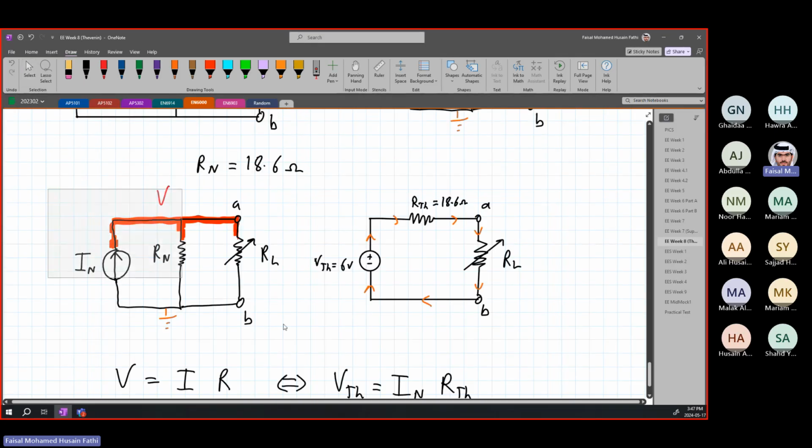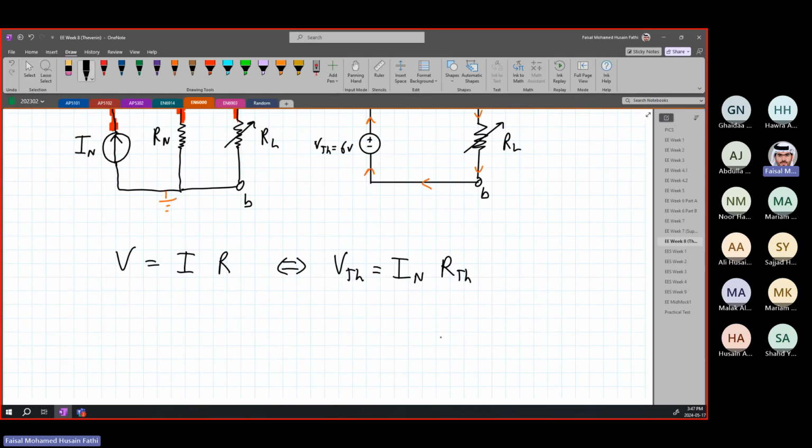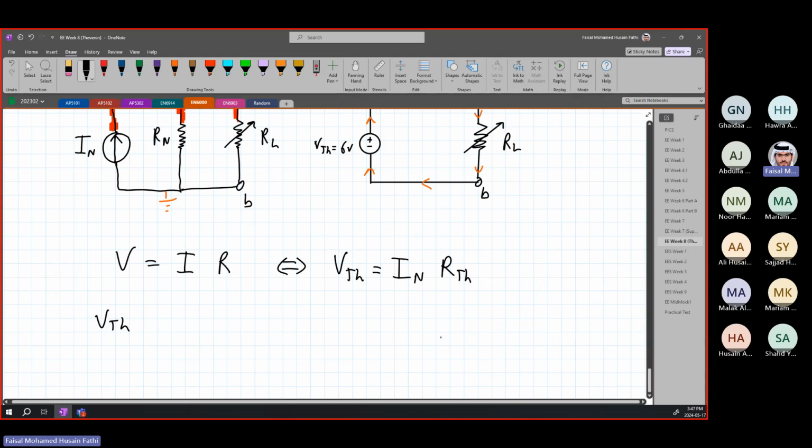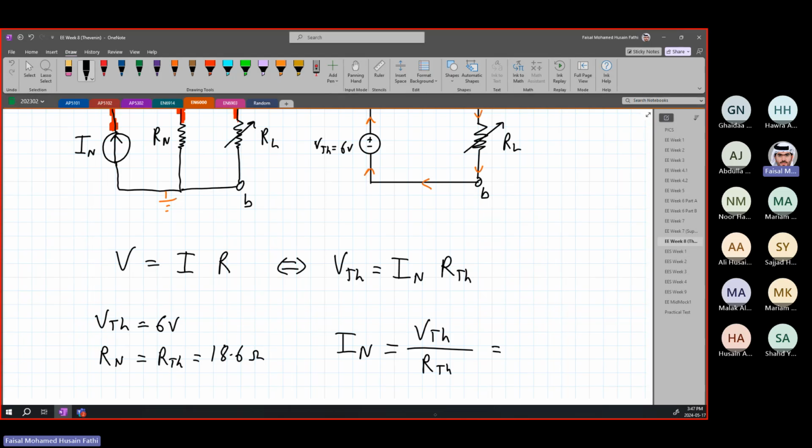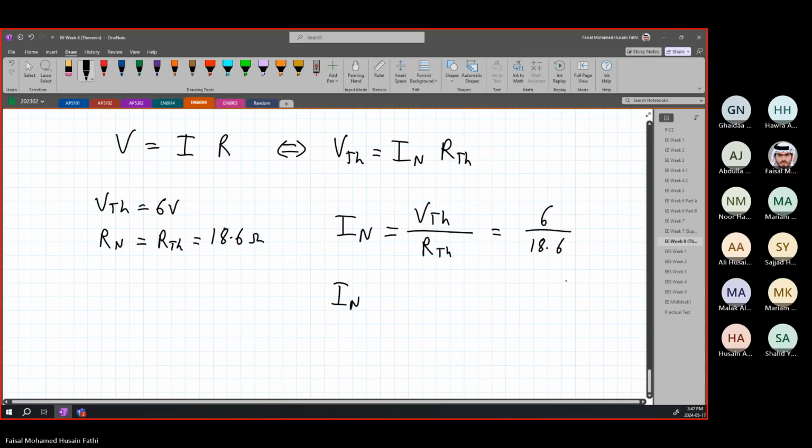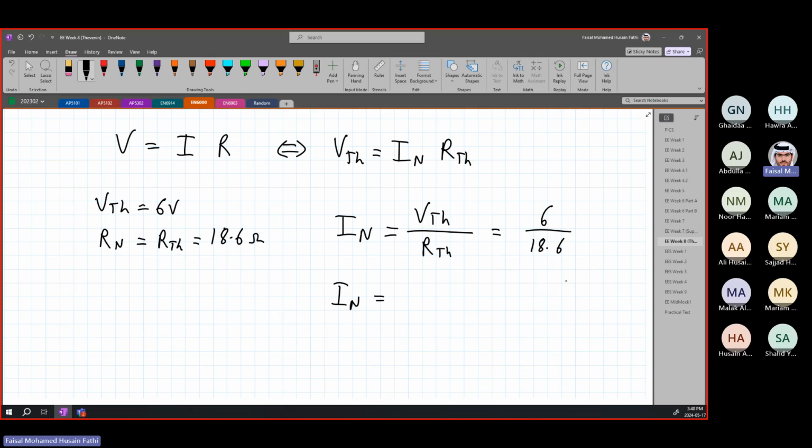So for example, for this circuit, if we want to find I Norton now, we know that V Thevenin is equal to 6 volts from our Thevenin circuit, and we know that R Thevenin or R Norton is equal to 18.6 ohms. So if we want to find I Norton, it is simply V Thevenin over R Thevenin, which is equal to 6 over 18.6. So I Norton is equal to 6 divided by 18.6, which is